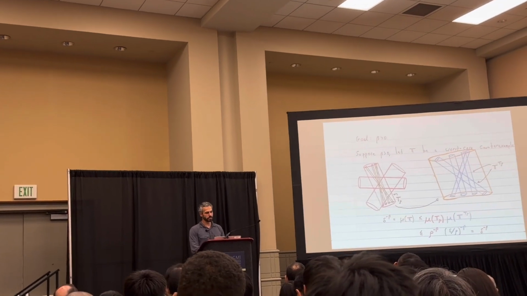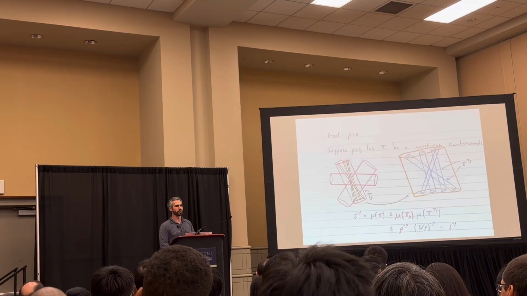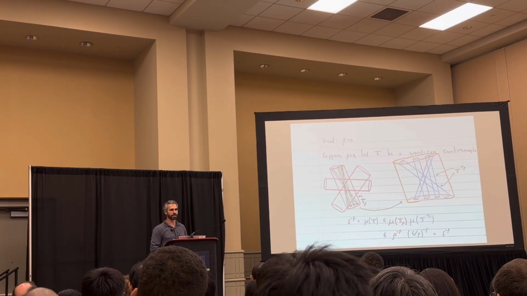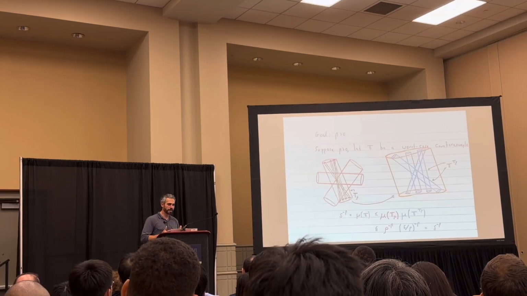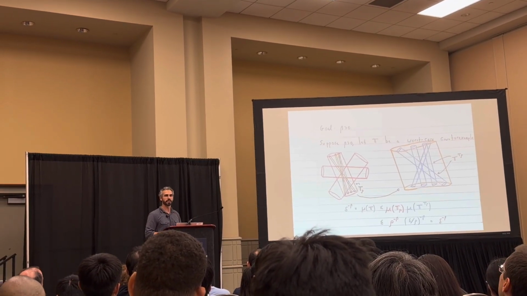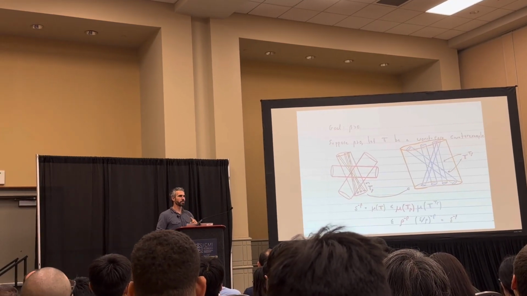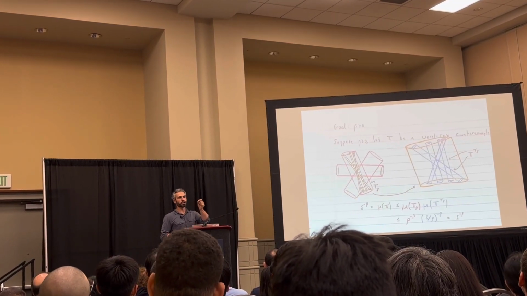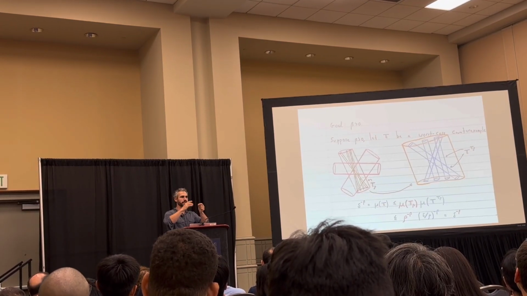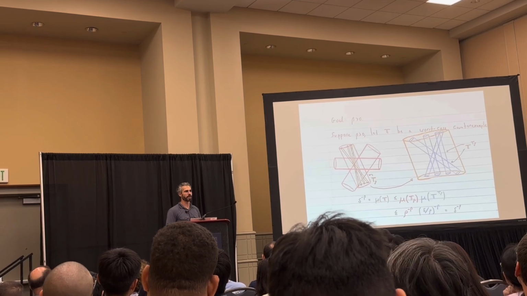And now I can do the following. I can ask, what is the intersection multiplicity of these delta tubes? Take a typical point in my union of delta tubes. How many delta tubes pass through it? Well, almost by definition, that's delta to the minus beta, because I started with this worst case configuration. But I want to bound this from above in the following way. I want to ask how many rho tubes pass through a given point, and for each one of those rho tubes, how many delta tubes inside of that rho tube pass through that point. That product is going to be an upper bound for this quantity.